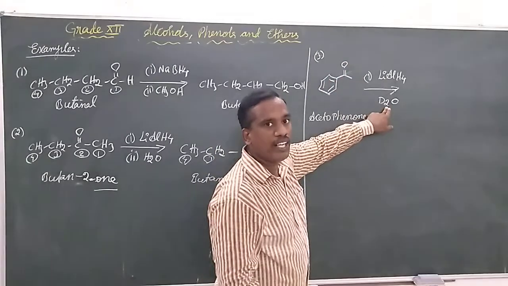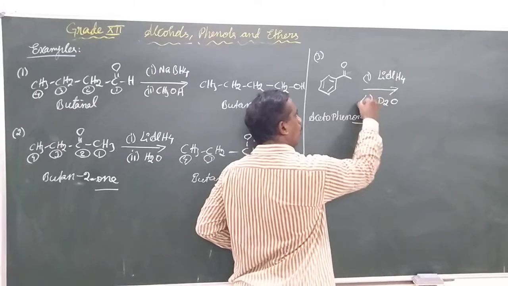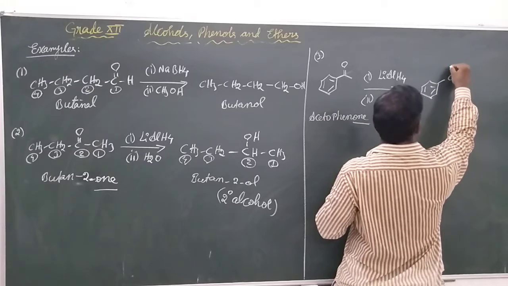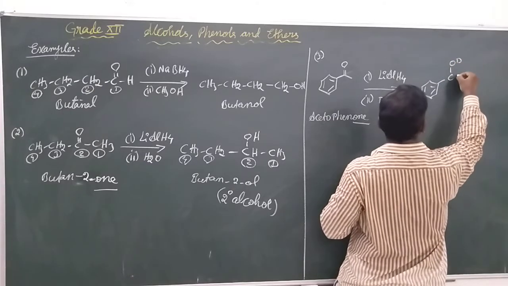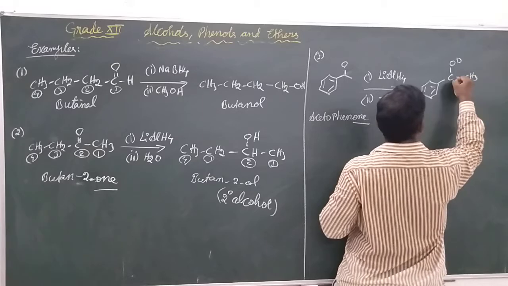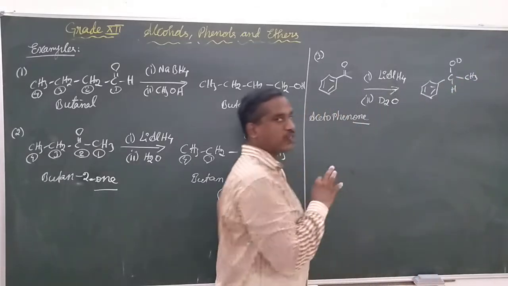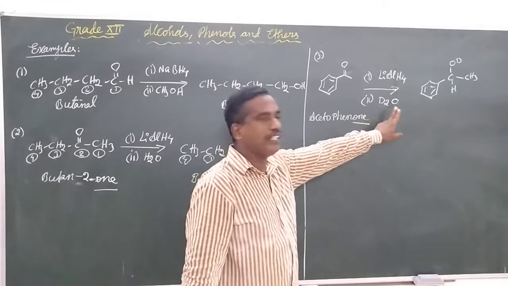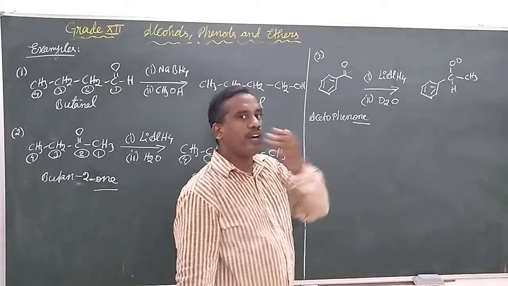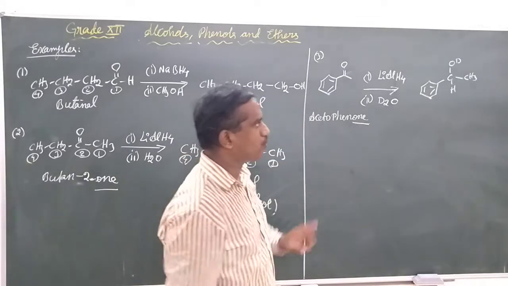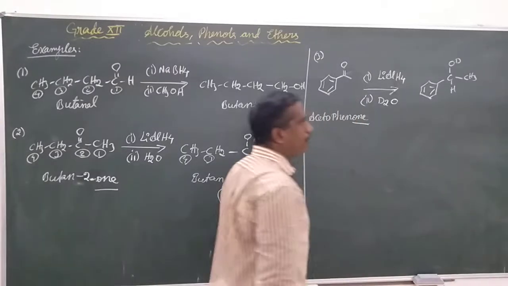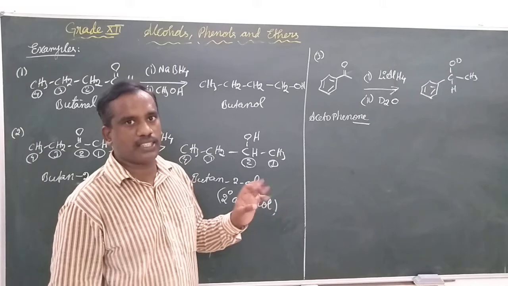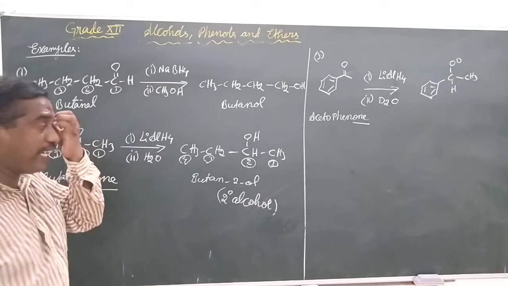But here we don't have H2O, we have D2O. So what product can we expect? The expected product is C, O D, CH3 and H. This is the expected product, because we had changed D2O in the place of water. So when you are working with objective questions, especially these types of questions will be given, and given in an open form the product, just to clearly understand. You can try many of the examples. Let us see the next application.